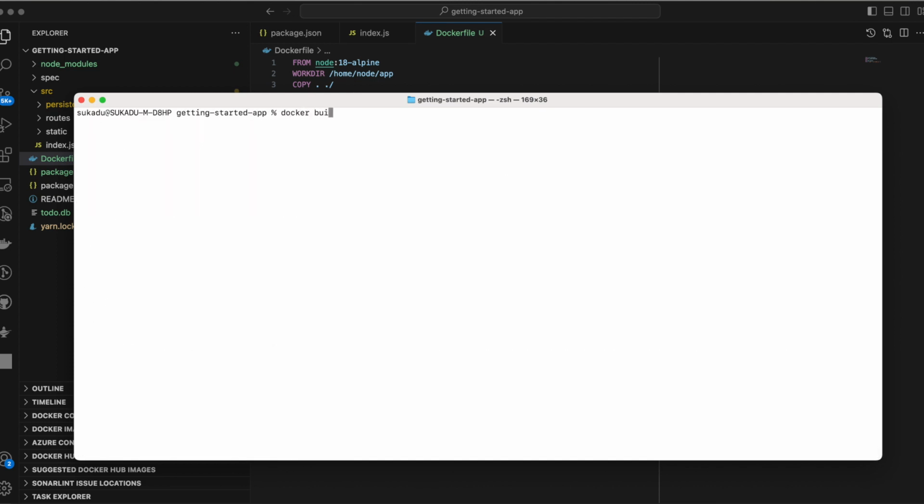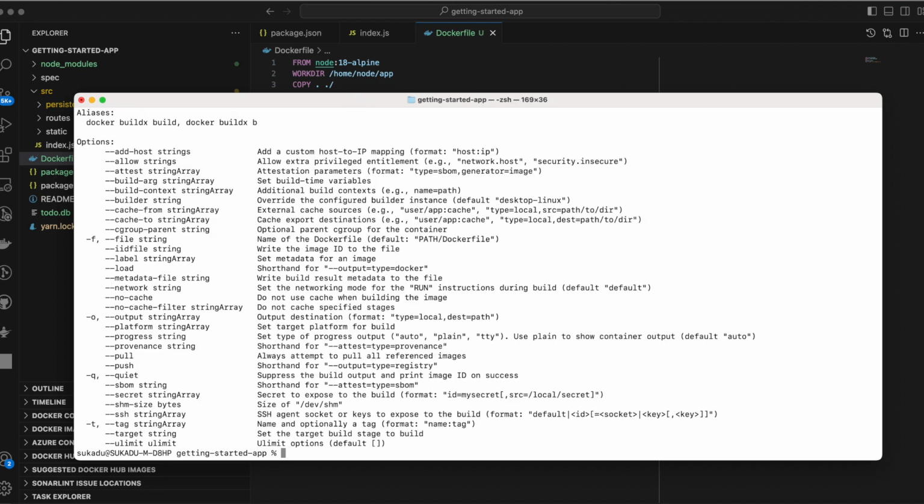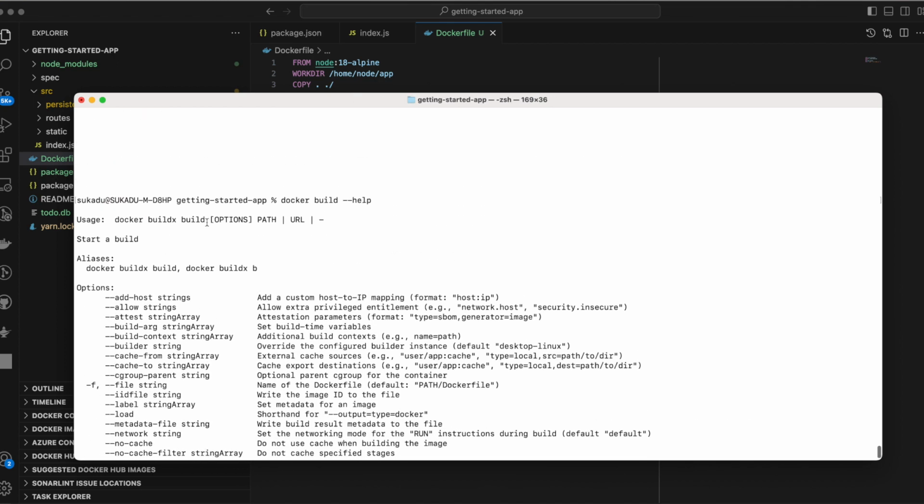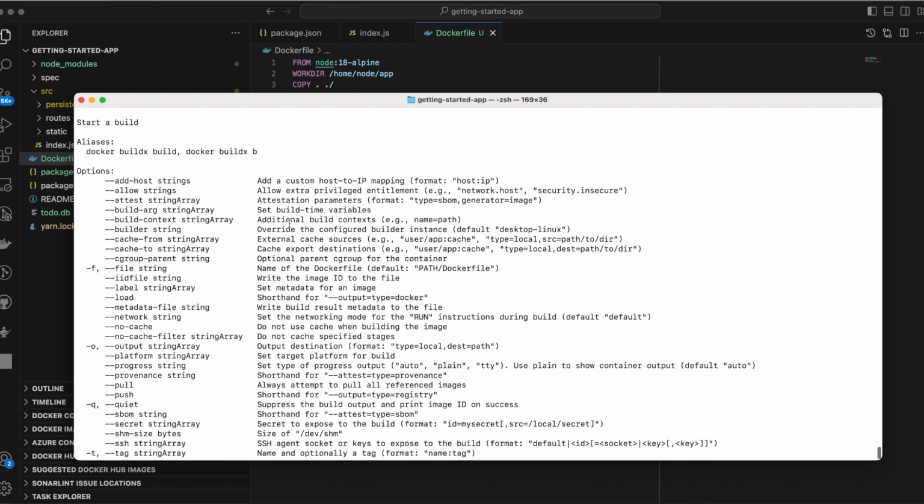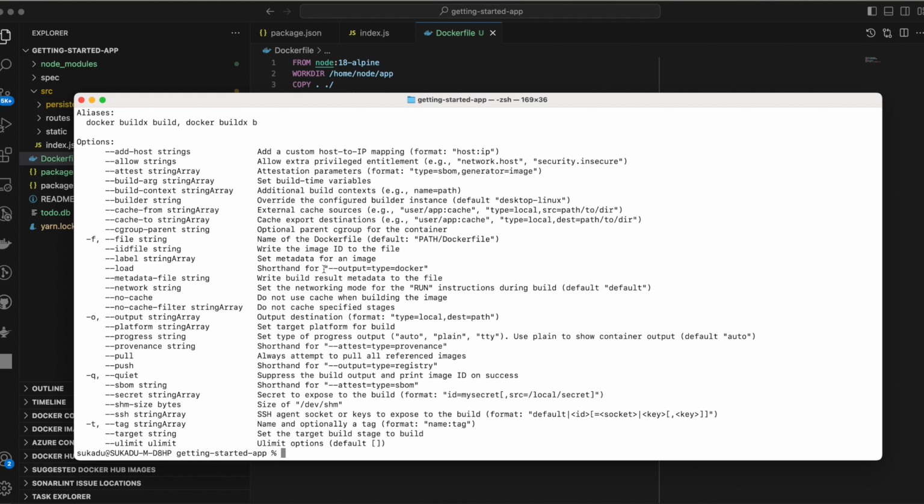So docker build --help. Okay, then you have a bunch of options here: docker build, then options, and then the path or the URL where the Dockerfile exists, right? So I'm going to write docker build, and then you have this -t, which is a tag. The format is name and the tag. So I'm going to write docker build -t, and the format is the same as this, right? Node and then the tag. Here I'm going to say todo-app